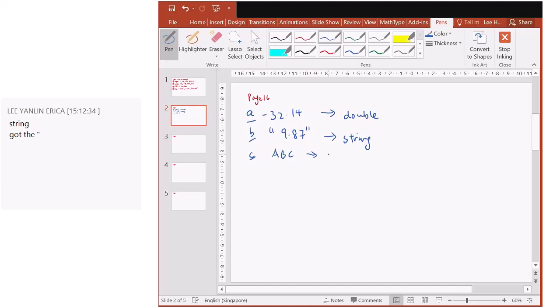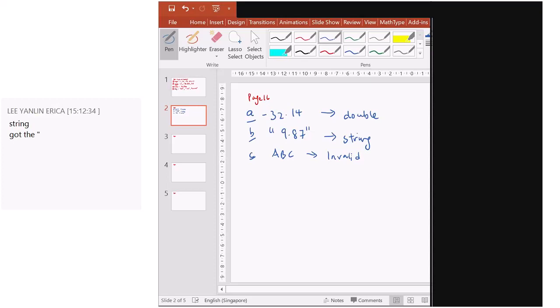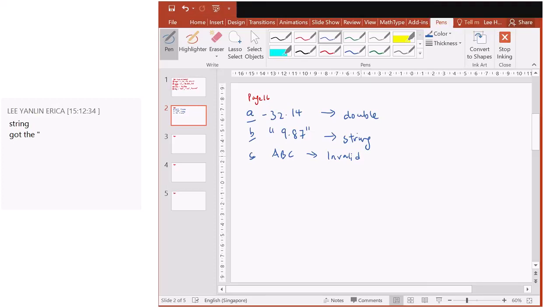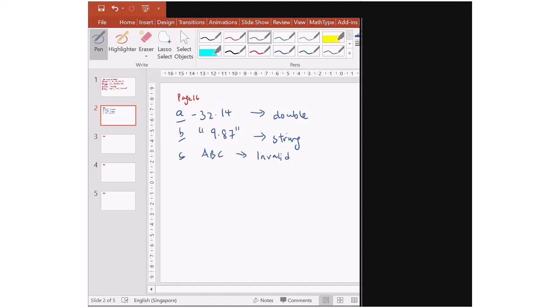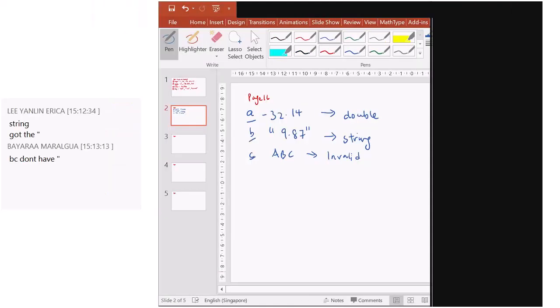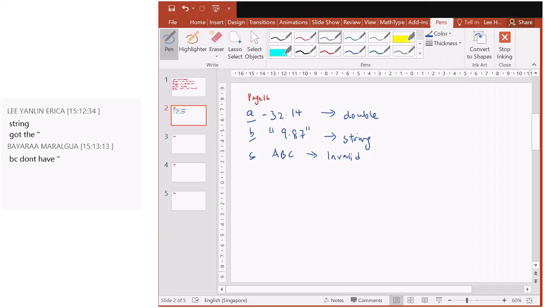The answer says invalid. Invalid means it doesn't fall into any of the 4 categories. So why is it invalid? Maya, what do you think? Why is it not string? Why is it invalid? Yeah, because you don't have the open inverted commas. Because no open inverted commas. Part D,